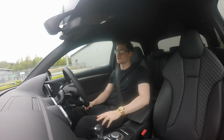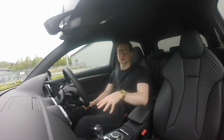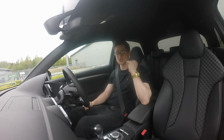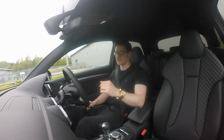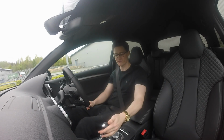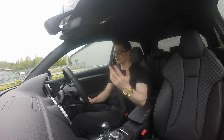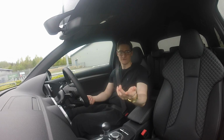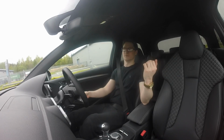Now with this car being S-tronic, we also have launch control. Now launch control is stated at 4.5 to 60, however people have got it down to 4 seconds. So what I've done is I've set those out to get shots from the outside of the car, which I'll post in the video. So to set it up inside the car, all you do is you turn traction control off, put it into sport mode, foot firmly on the throttle, foot firmly on the brake, and then